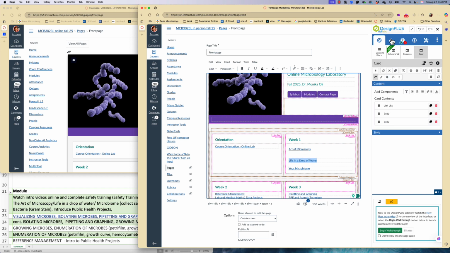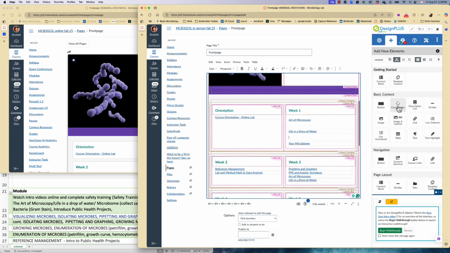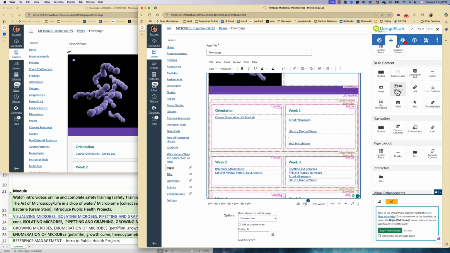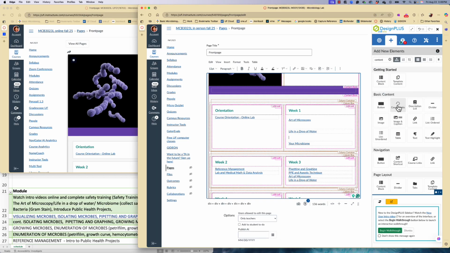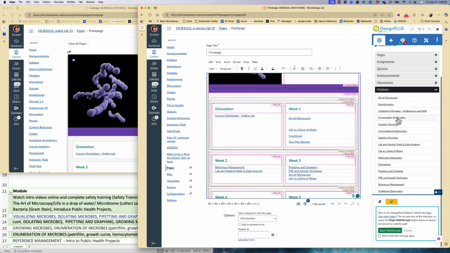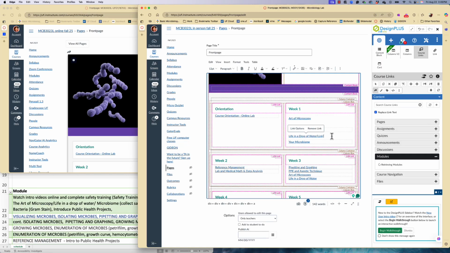Scroll, plus, course link. Scroll down to Life in a Drop of Water. There you go. It's thinking. But that's how you add each one. Course link, scroll down, Life in a Drop of Water, and then it puts it in. You can delete the old one, and